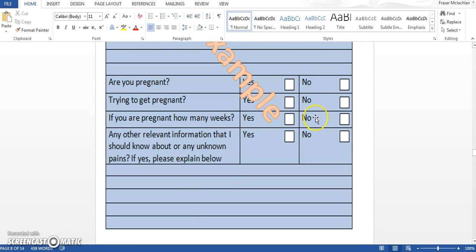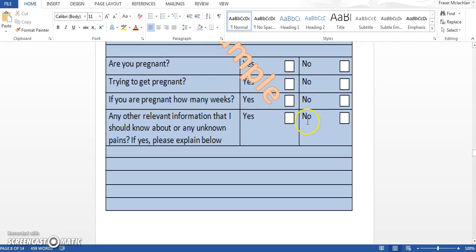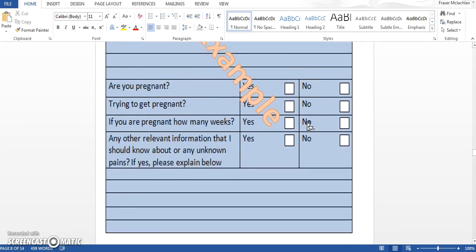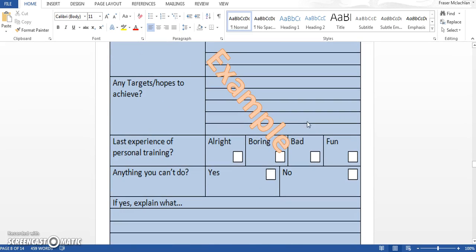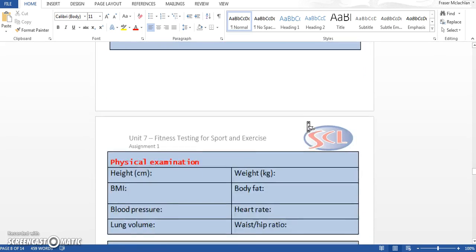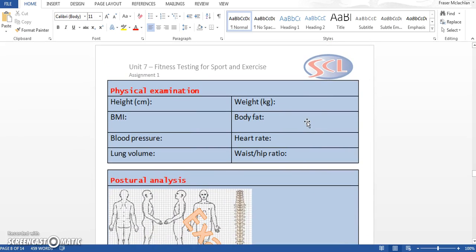You see, so there is stuff on there that I wouldn't expect to see you put on there. So don't just copy this one word for word. Make sure you create it to suit yourself. Okay. If I just bring you onto this bit now, when you look at the criteria for the unit, you